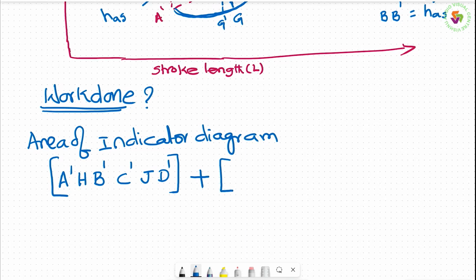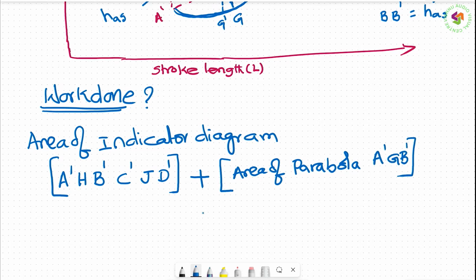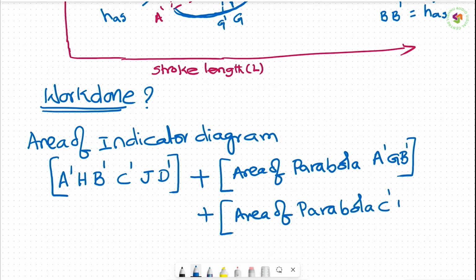What are those parabolas actually? Area of parabola A dash G B dash, this is one, plus area of parabola C dash I D dash. If you take it,